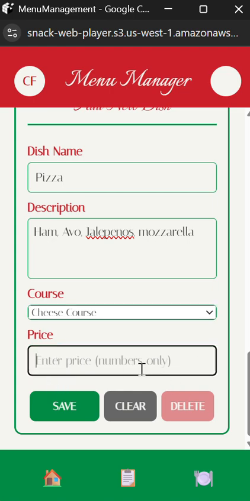So as you can see, we want to enter a price, numbers only. Obviously this would depend on what country you're in, but because we're South African, we say rands around here. Not that you need to do it, it will be automatic because this is designed for South African restaurants as of the present moment,